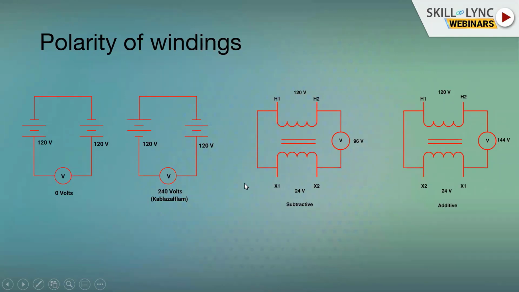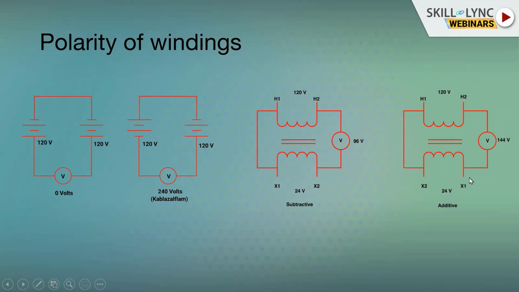So now, if you connected the voltmeter similar to the way we connected to the battery, the only difference here is that these two voltages between the primary and secondary would either add up or subtract depending on the polarity. So in this particular example, we have applied 120 volt positive at an instant, let us say. I mean, it's continuously varying, I recognize that. At any one point of time, let us assume that H1 is positive with respect to H2. That means X1 is positive with respect to X2. So when you go around this circuit, you will recognize that this voltage and this voltage are opposing each other within this circuit. So you end up having 96 volts.